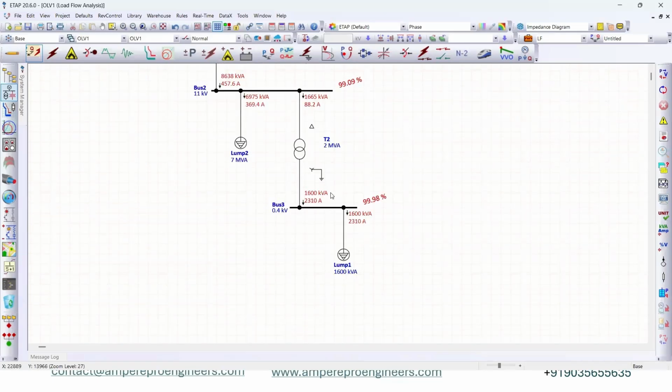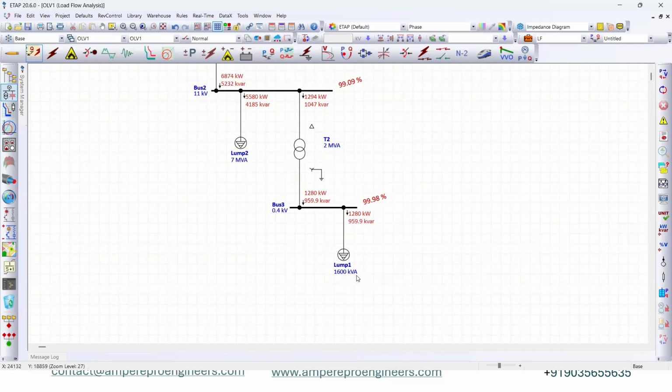Okay, you see here, I'll try to make it a simplified one. In this 2 MVA, the total load apparent power it is drawing from the grid is 1600 kVA. This is a lump load, that means it's a group of motors and other constant impedance loads actually. The total current required is 2310 amps, which it is taking from the grid, and this is apparent power. But if you go with kilowatt and kVAR,